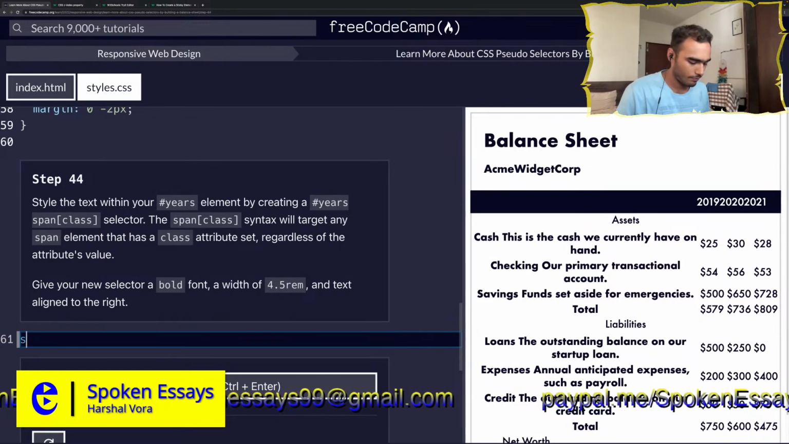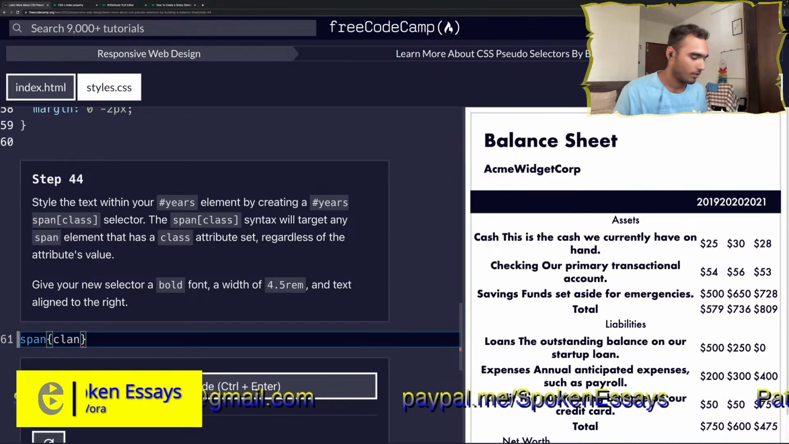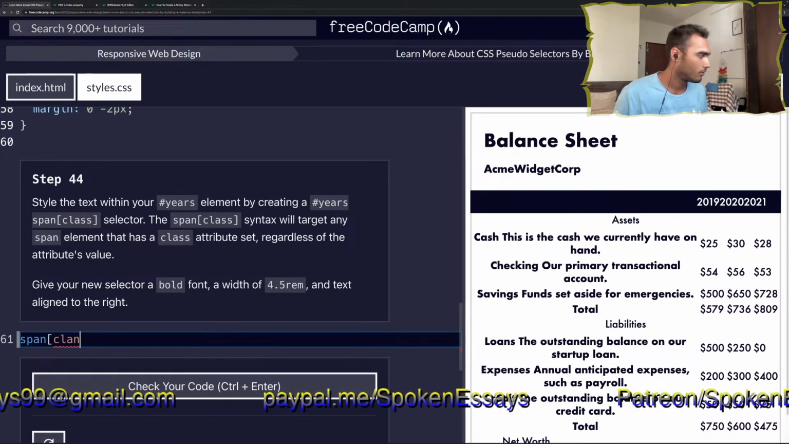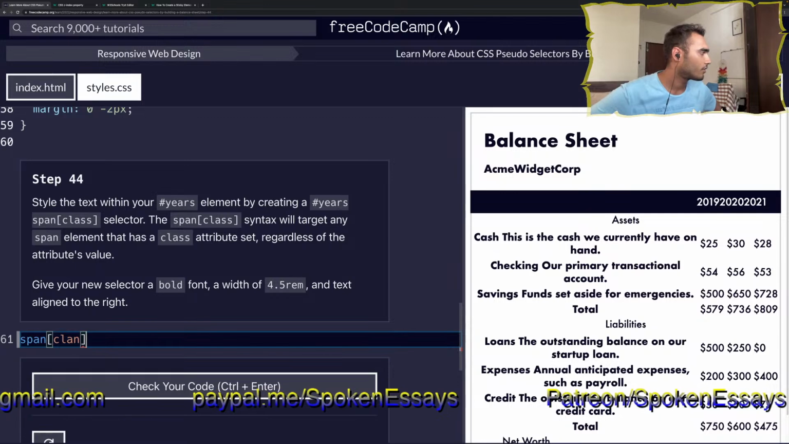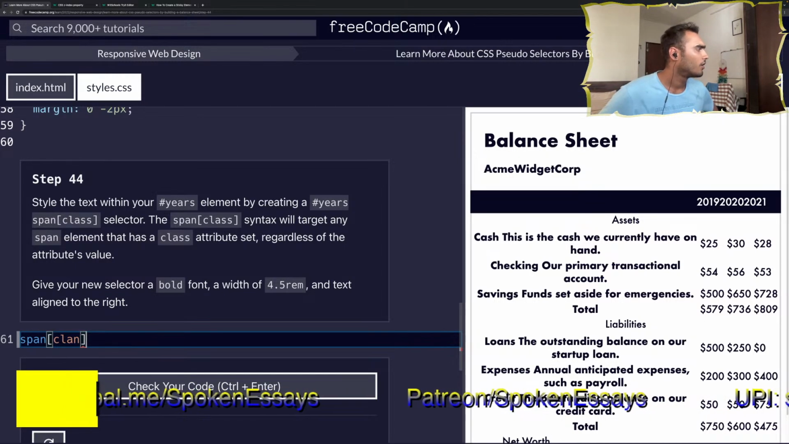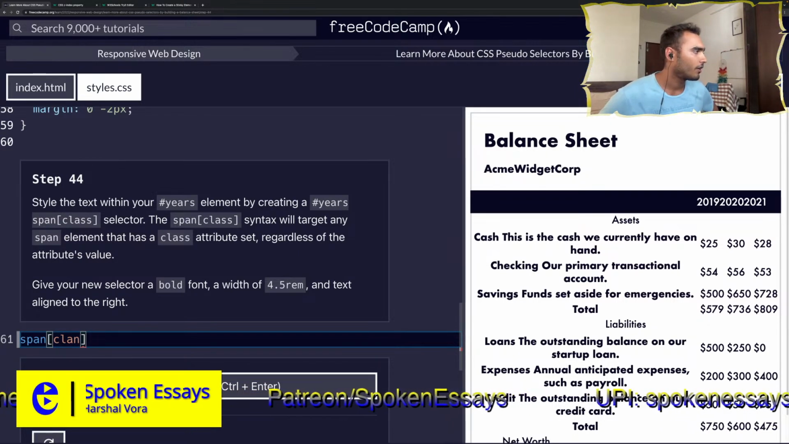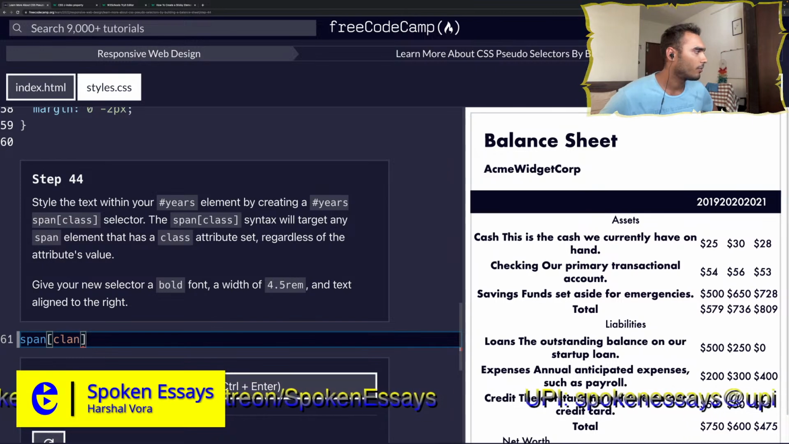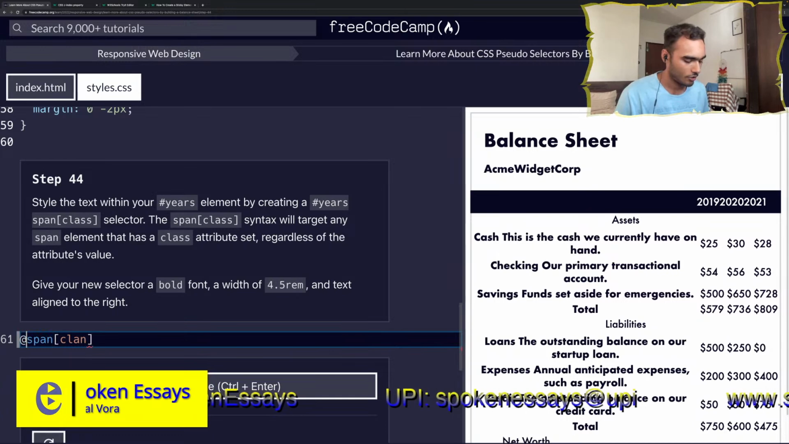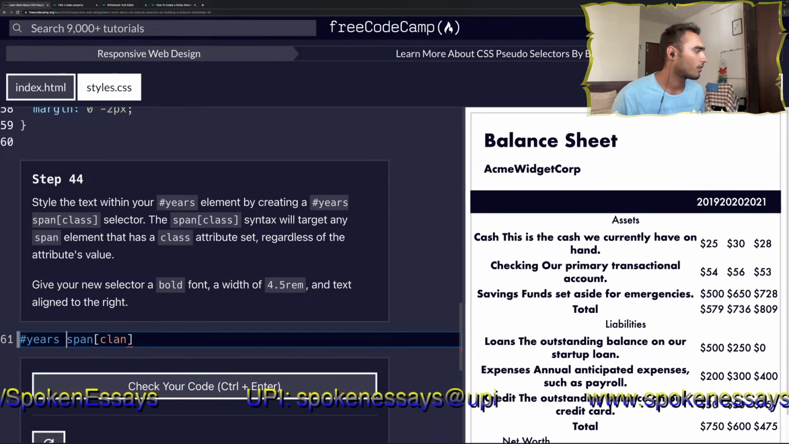Okay, so it will take all the classes inside the span. Let's see. Let's read all of it before we go further, so there's less confusion. Style the text within your years element by creating a years span class selector. So hash years space span class